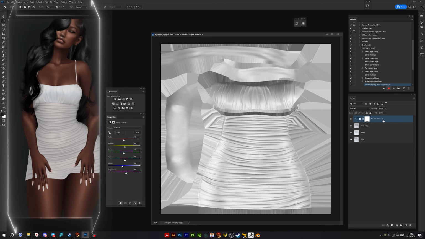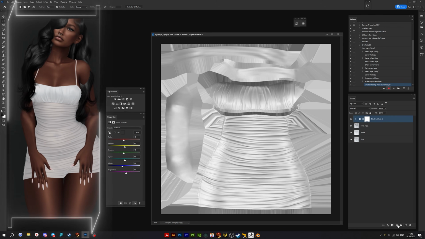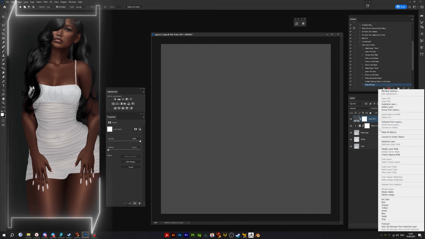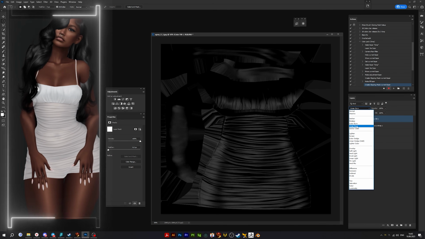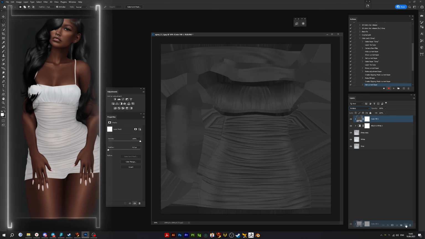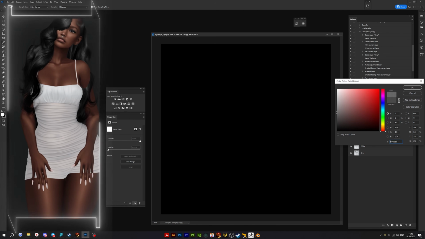So, always clipping mask. You'll thank me later. So now let's do solid color, something like this. Also clipping mask, and usually I do multiply and then duplicate it again, and we'll do linear burn.